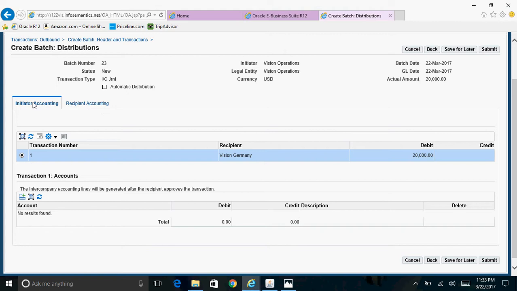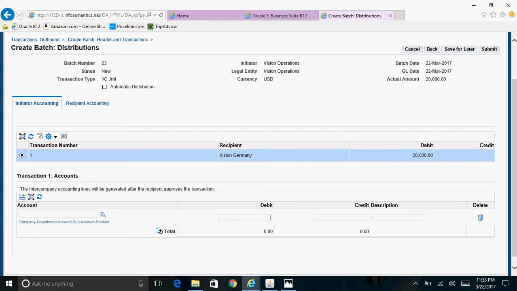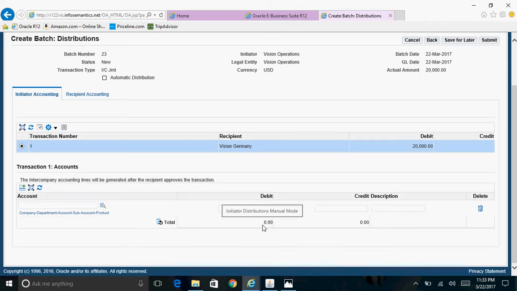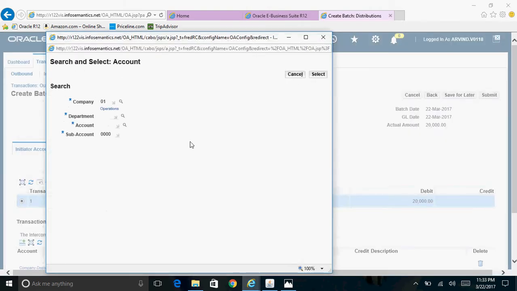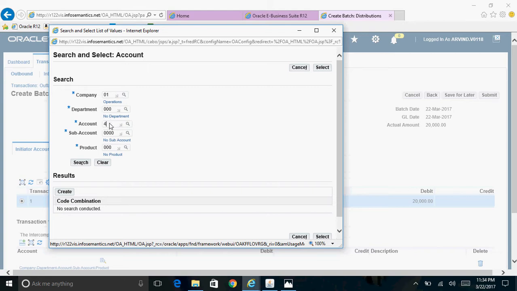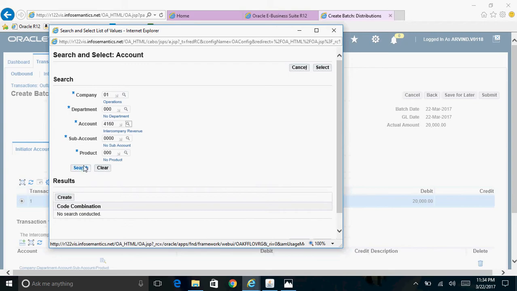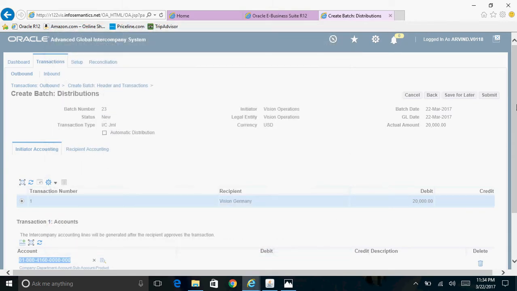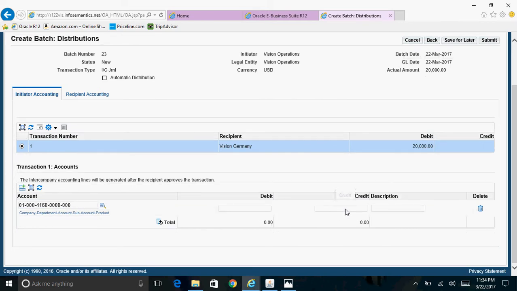So here you can see two tabs, initiator accounting and recipient accounting. First I am under initiator accounting. Click on this plus button and enter the initiator accounting. Generally we'll be entering the intercompany revenue account here, and under recipient accounting we'll be entering the intercompany AP account, I mean the intercompany expense account. So intercompany revenue will be account 4160, which is the intercompany revenue account. And in general your intercompany revenue will be credited. So I'll enter that $20,000 under the credit side,